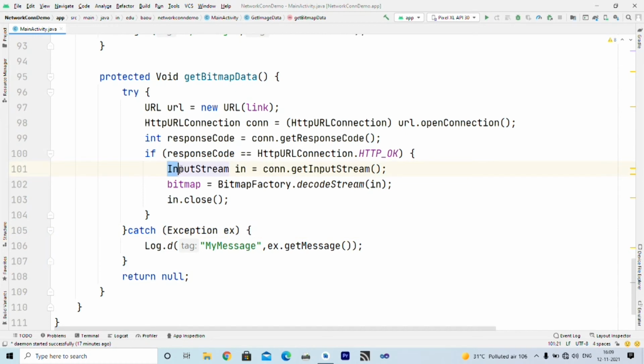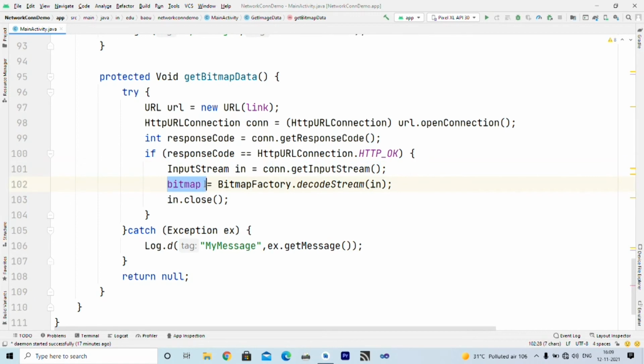For that we require an input stream, right? So inside the variable which represents the input stream, I have written connection.getInputStream. Whatever connection we have established, its data can be obtained from its input stream.